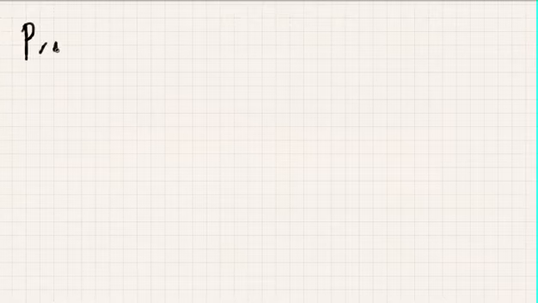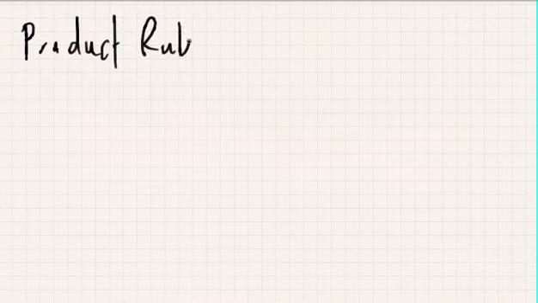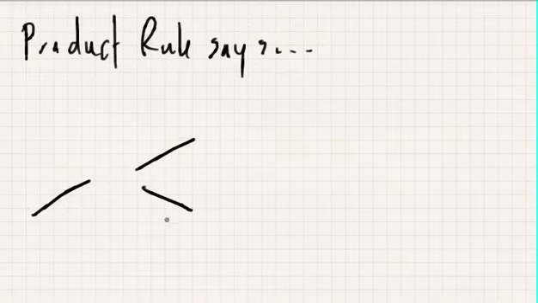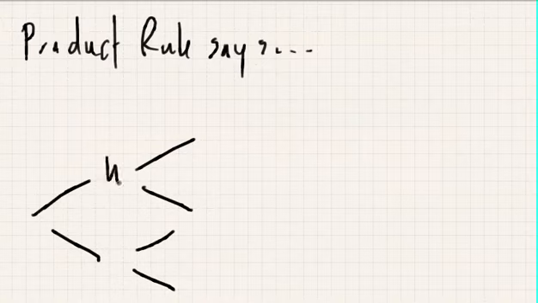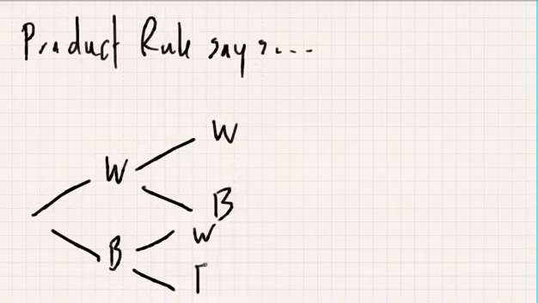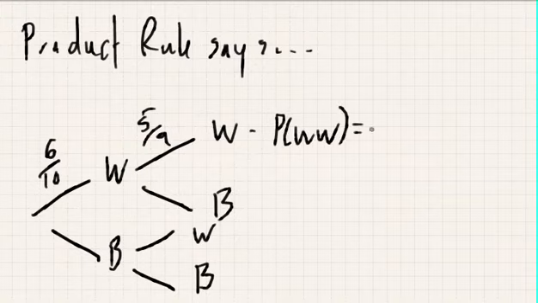Now the product rule says that if I multiply these conditional probabilities, I get, well, if I take the first sock, I've got a 6 out of 10 chance of drawing a white sock, and then a 5 out of 9 chance of drawing a second white sock. So the probability of drawing 2 white socks is, by the product rule, the product of these two, which is